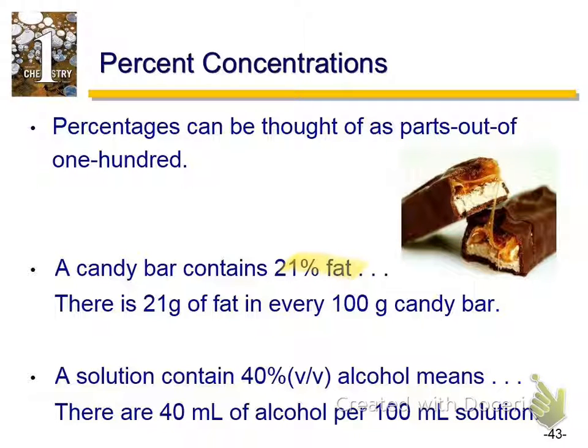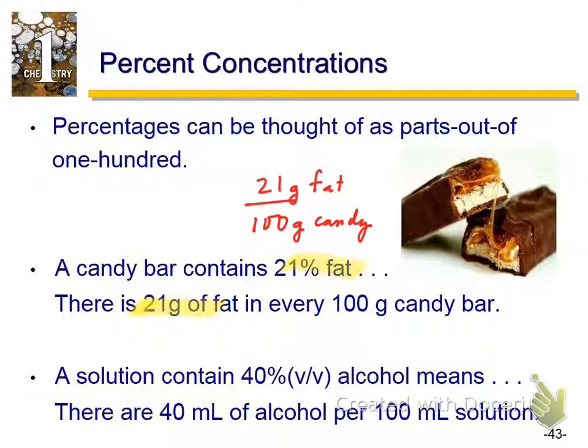Okay, a Snickers candy bar is 21% fat. The way we're going to use that in our problems: sometimes we calculate a percentage, sometimes we're given a percentage and we need to use it as one of our factors. So 21 is always 21 out of 100. Since this is by mass, it could be 21 grams of fat per 100 grams of candy. I've got grams twice, for both the fat and the candy, so when I'm using mass two different ways, I'm going to label what's what, okay?